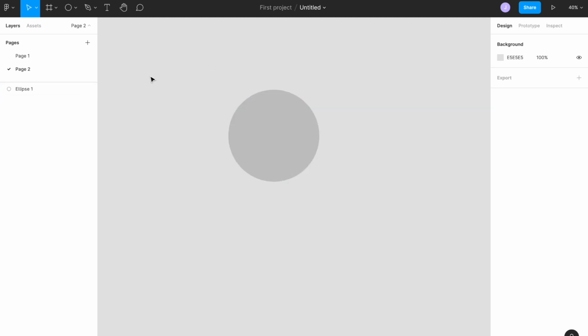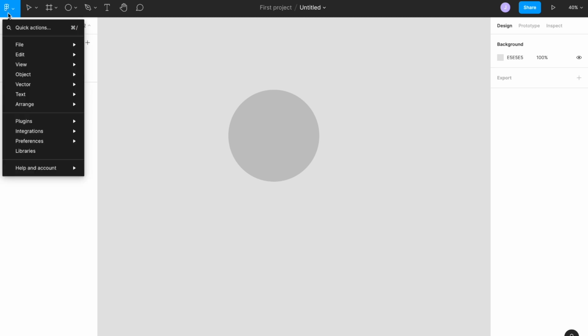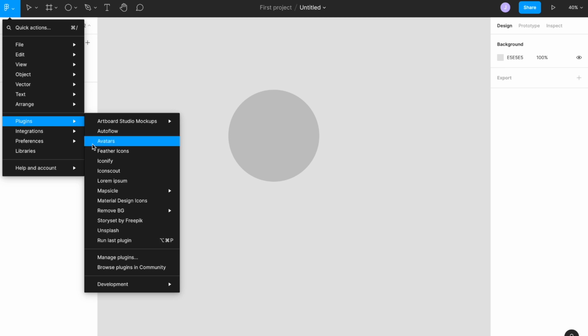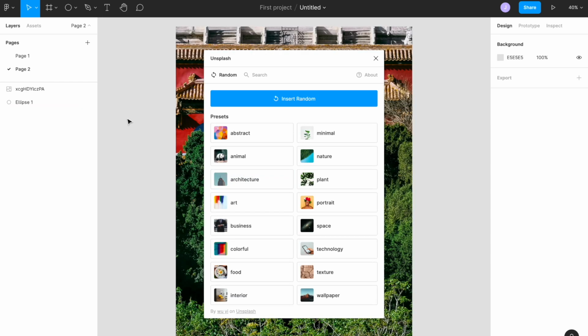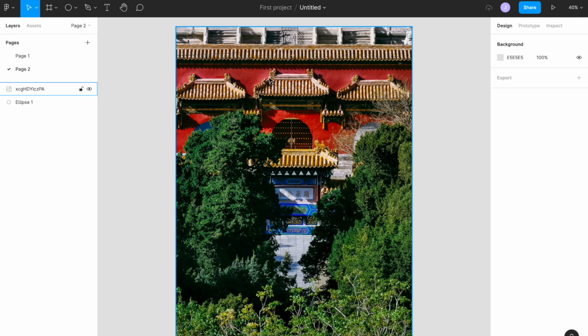Now I am taking the image from my plugins. I am choosing Unsplash for images, and we'll choose architecture. Yeah, we have got one image.